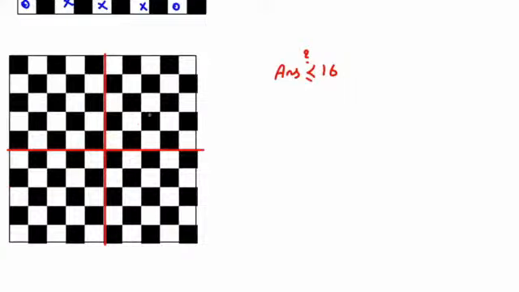So how can we prove this? If we prove in each part, we can place at most how many? We can say the answer is at most 16. If we can prove it, we can place at most 4. So let's see here. As you can see, we should prove in each part we have at most 2 in white cells, and also at most 2 in black cells. In general, at most 4. So if I consider the whites here, we want to see, can we place 3 or more? If we place 1 here, for example,